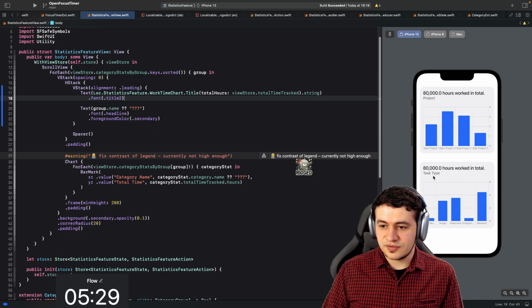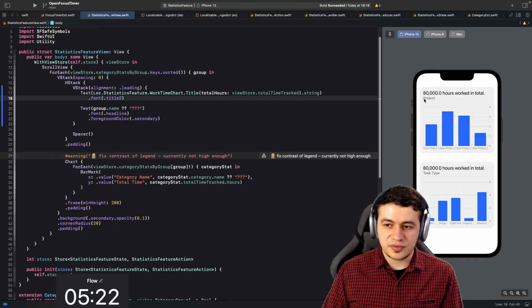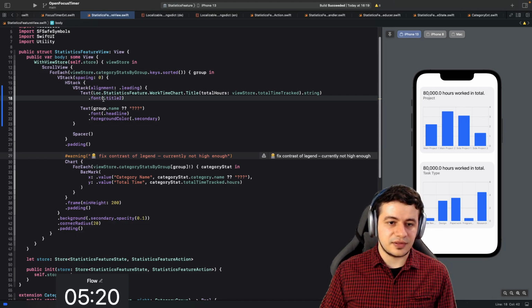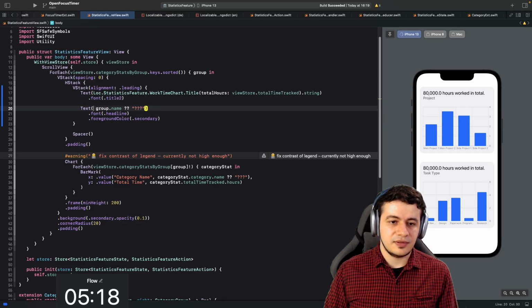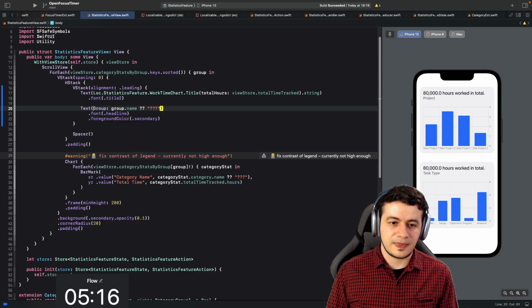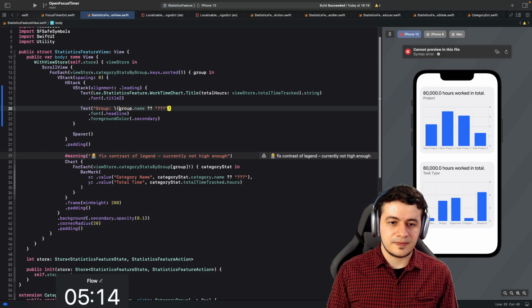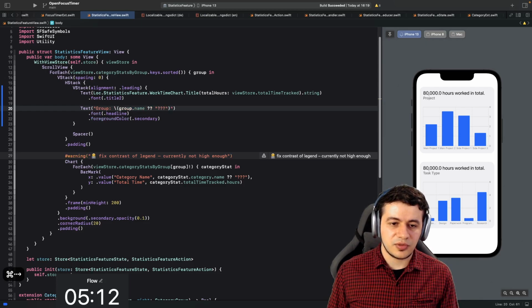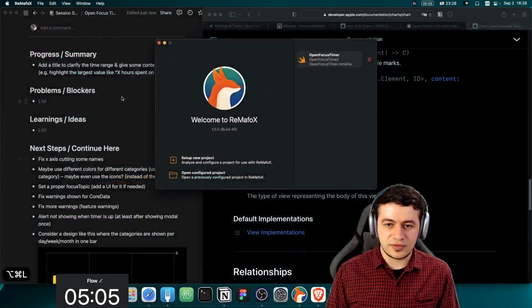This is project, this is task type. Maybe we should give it something like group, something like that, like group, right? But of course we want to localize this, so to localize it we need to go another way. And we're just going to add another key using